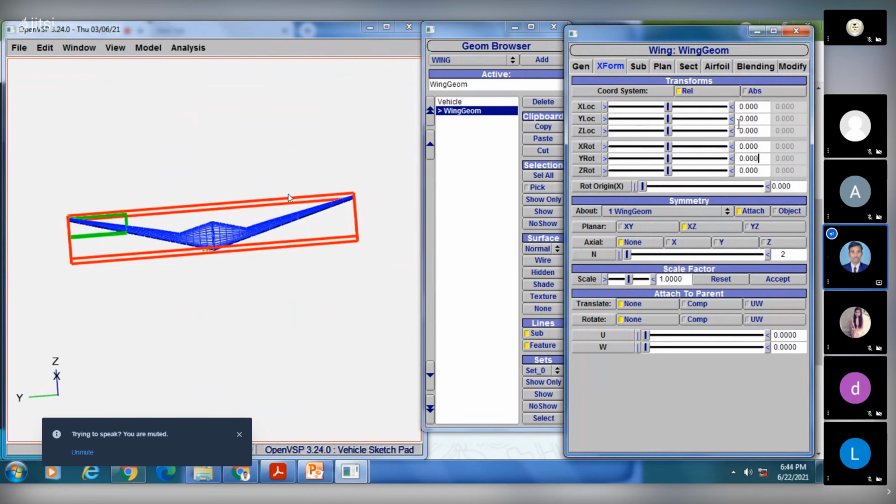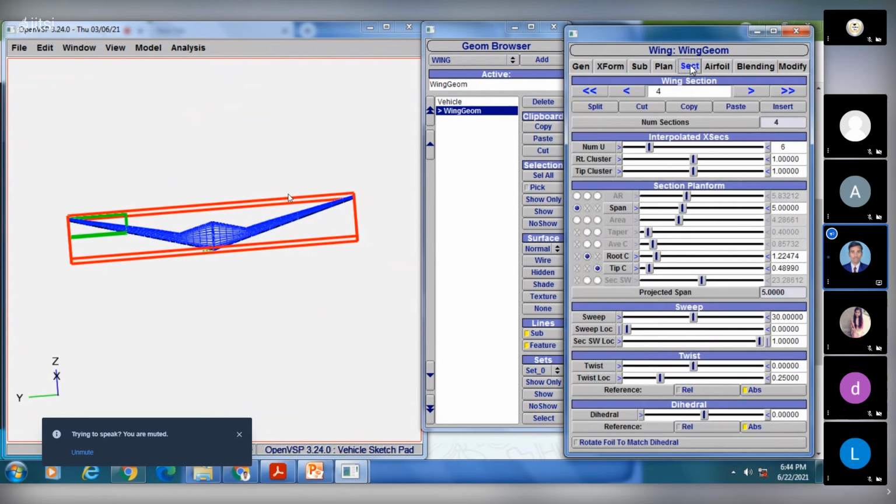Okay, wait, no need to do anything here. We'll come to our section itself. Now here, we will change the sweep location.